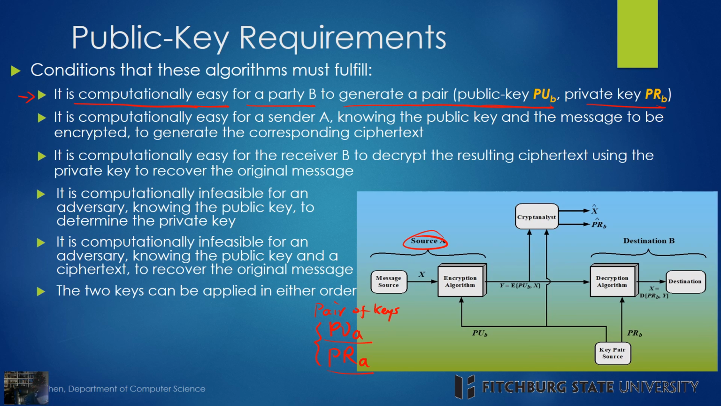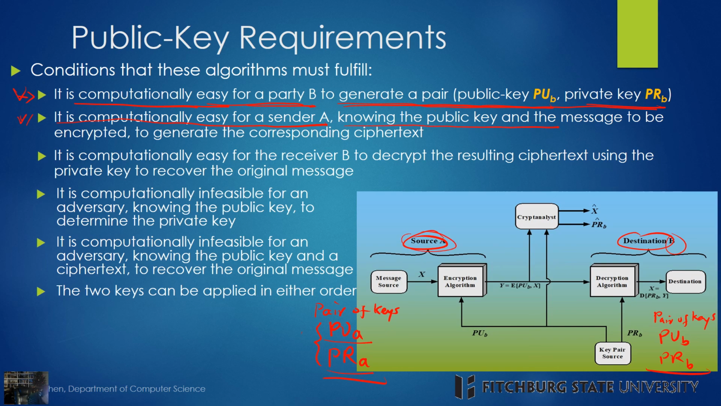Now also for the destination, it also requires creating a pair of keys, the public key and the private key. Now, it should be computationally easy for party B to generate a pair of keys. Also, it should be computationally easy for party A to generate a pair of keys. It should be easy for everyone to generate a pair of keys. That's one requirement. Now, the second requirement is it's computationally easy for sender A,